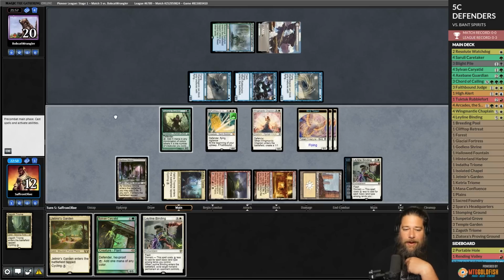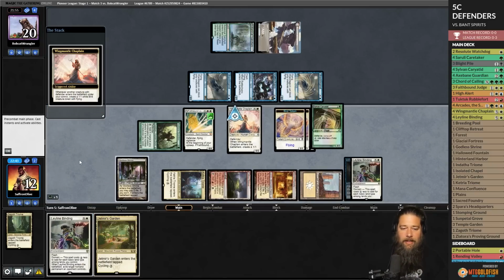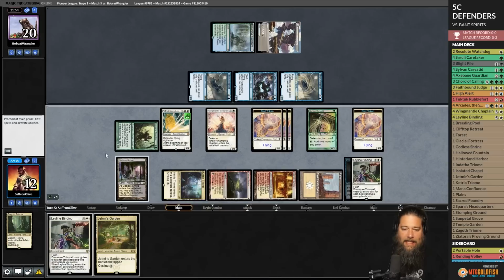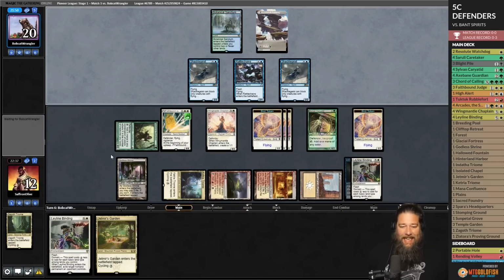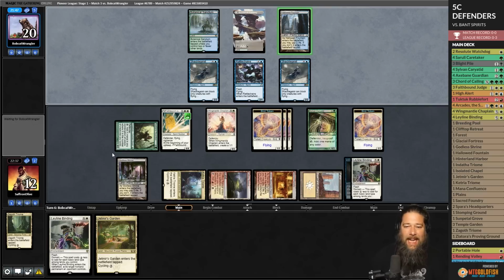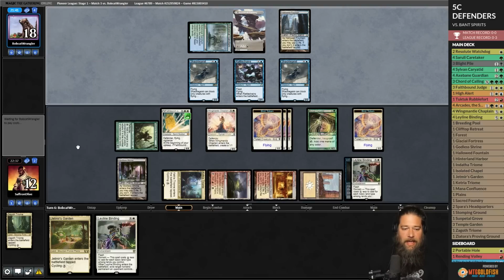So we make a bunch of birds. Sylvan Caryatid. Make another bird. And pass the turn. We have more flyers than our opponent, and our opponent's playing Spirit Tribal. Opponent, land. Untapped, I assume. This needs, what, 3 counters? Okay. So not there